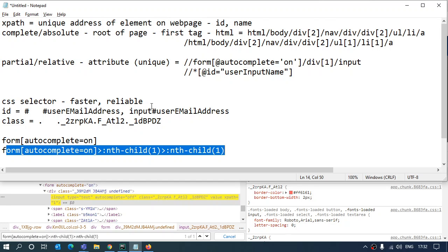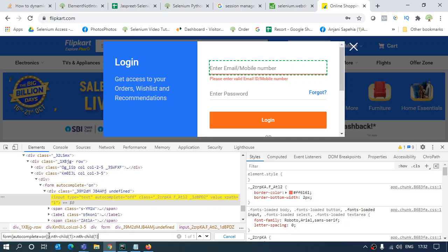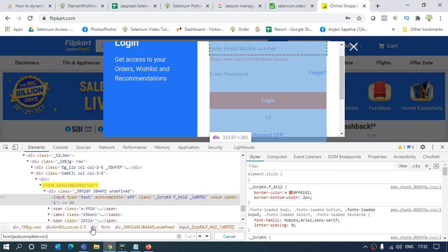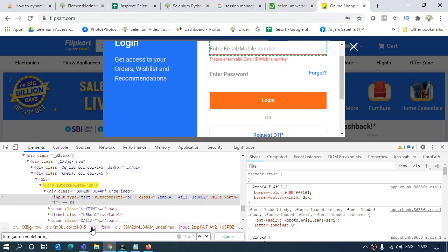What you need to do is give the parent tag, which in my case is the form, which has an autocomplete attribute with value off. To move into the hierarchy and jump directly to some particular element which may be nested or not, you can just give a space, and then say that there is a tag. Let's say I have a tag input which has an id, or which has a class. In my case, let's take autocomplete, which is having a tag